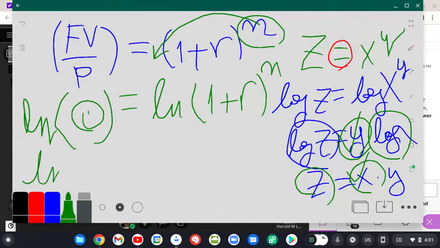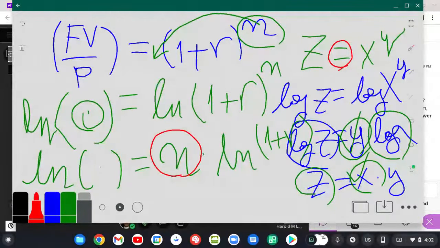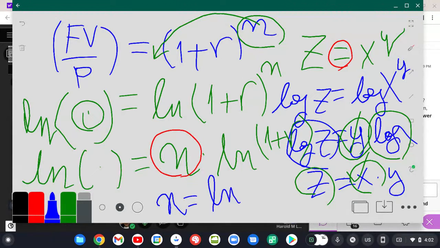So then the whole thing will become natural log of the thing in the bracket equal to n times the natural log of 1 plus r. Now we can solve for n. Isn't that right? We can solve for n. Right? Then n is simply natural log of the thing in the bracket, which is FV over P, divided by